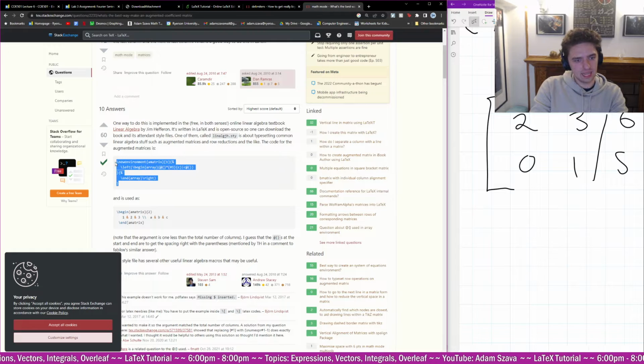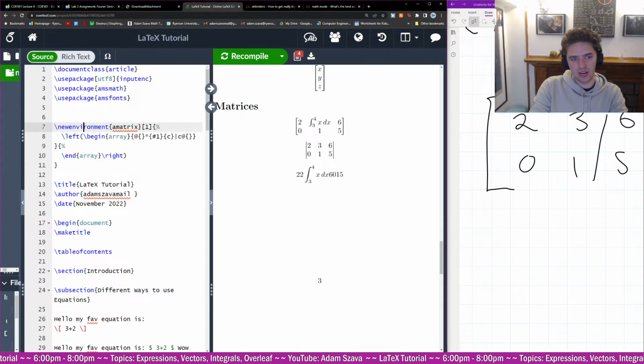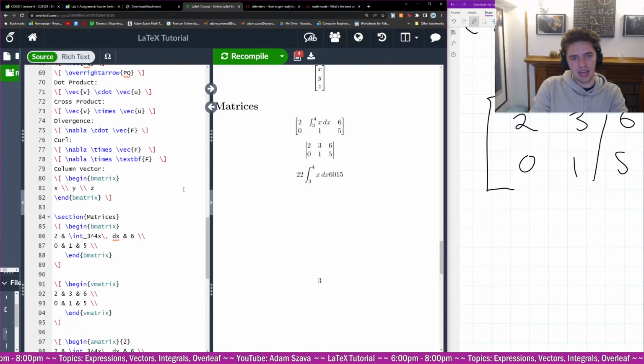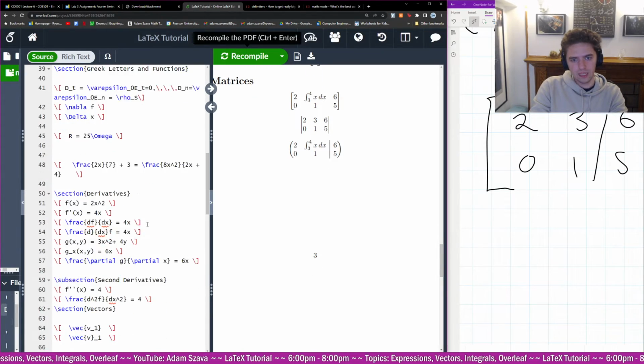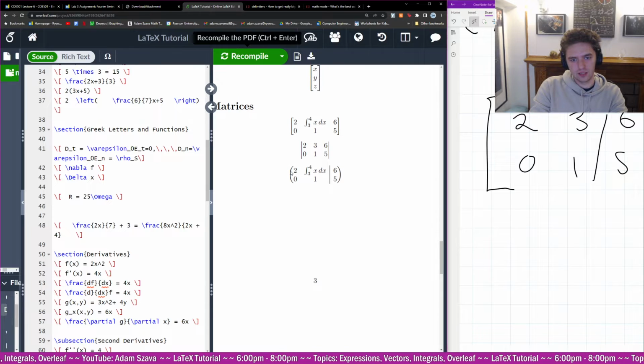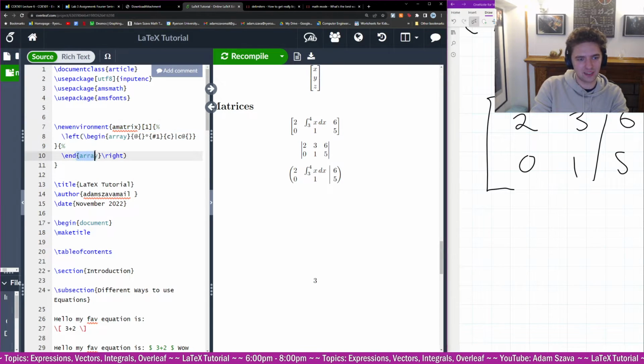So in this case, we can use this, right? A matrix, and I can just put it in here. So new environment, A matrix, right? And this should now work because I made a new environment. There you go. Notice that our brackets are curly now, which is not what I wanted. So again, I can look a little bit at what the environment was doing. To be honest, I have no idea what all this means. But I do see begin array, end array. I don't want an array. I want a